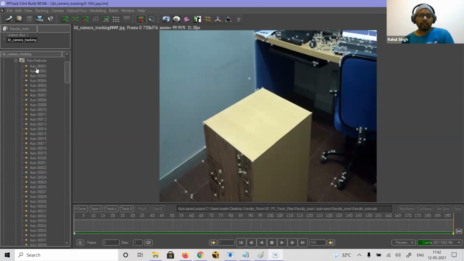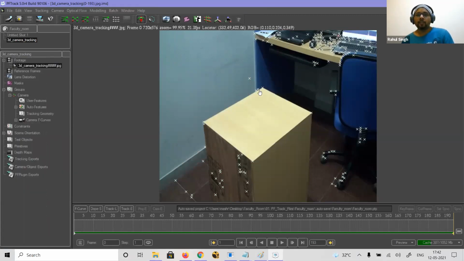If you see inside auto tracking, you will find all the auto tracking points are here. See this point: green, yellow, red. In the last part it is having some red, which means it is not going correctly. So in the same way you can easily check what the errors are. There are a lot of points which have an error. So that is why we cannot depend only on the auto tracking. We have to add manual tracking also into the scene.